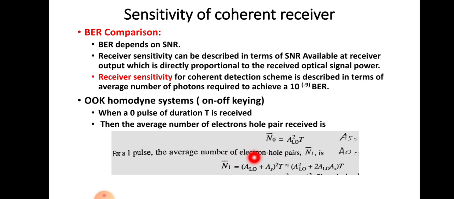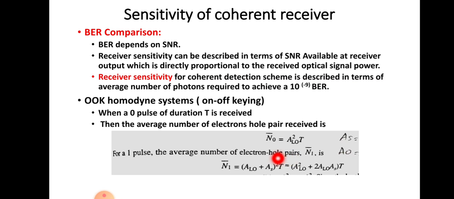That N1 bar equals (ALO plus AS) all squared into T. See, in the case of on-off keying, you know that when 0 is received, that means there is no signal. That is why it has this term: there is only the local oscillator signal. And when a 1 pulse is received, that means there is a presence of the signal. That is why we are taking ALO and AS here. So (ALO plus AS) whole squared into T,